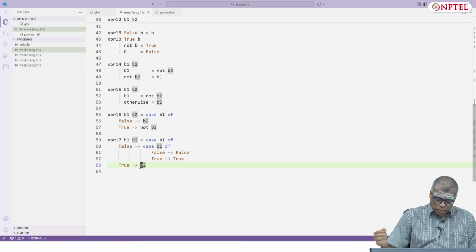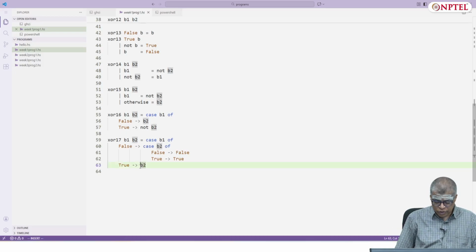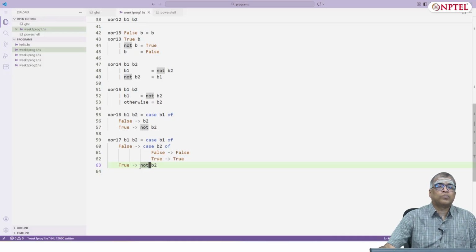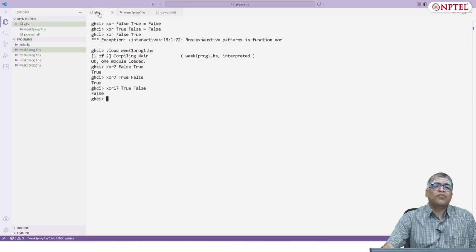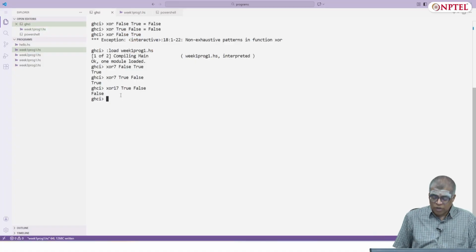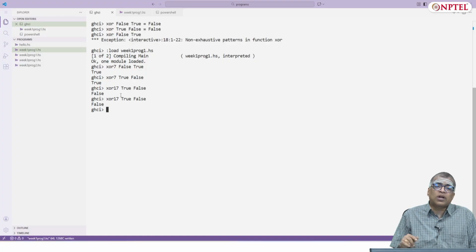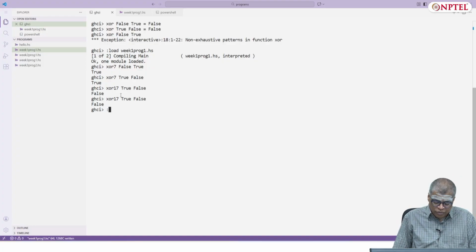Yeah, so this should be not B2, because if it's true I should return false, and if it's false I should return true. So I've changed this. Now I can save this, and if I come back here and try XOR 17 true false, I again get false because I have not reloaded the program. So the command for that is reload